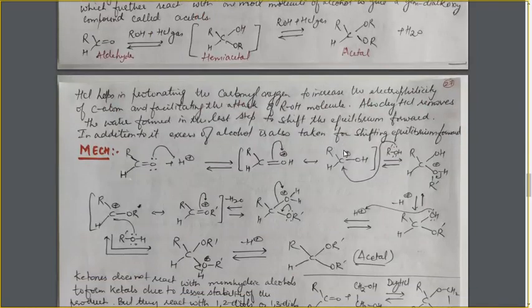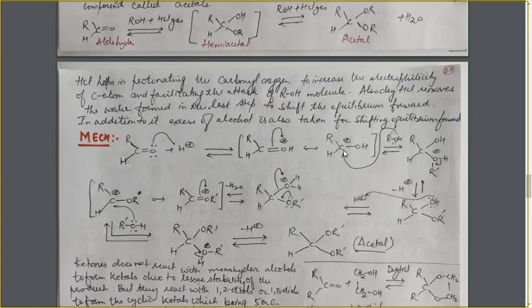Now HCl is carrying out one more thing here: it helps in protonating the carbonyl oxygen in this carbonyl group. This HCl is helpful in protonating this oxygen atom. And what will it do? It will increase the electron deficiency on this carbon atom. As a result, the alcohol molecule can easily attack the carbon atom. So in this way, it is speeding up or helping in carrying out the nucleophilic attack by the alcohol molecule.